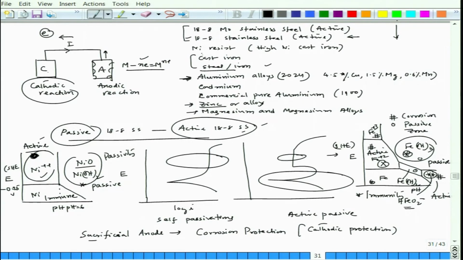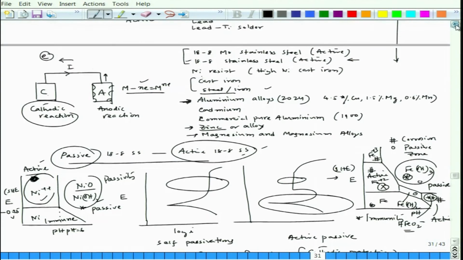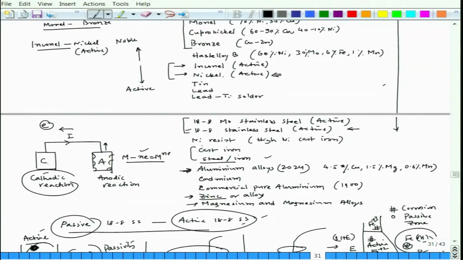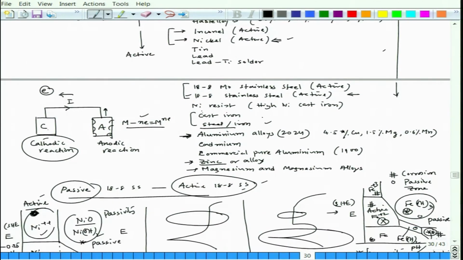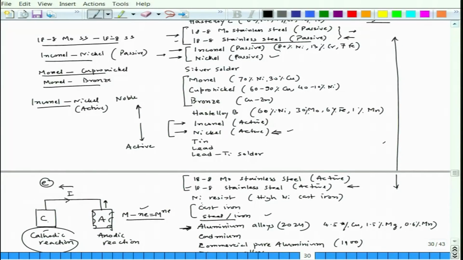Because these complex ions are forming, iron will dissolve in the form of complex ions. Wherever in the Pourbaix diagram you see ions, that is corrosion. Okay. So, in this particular galvanic series we see the same metal, in one case it is active, in another case it is passive. When you compare nickel active and nickel passive, here it is active and nickel passive is staying far above.